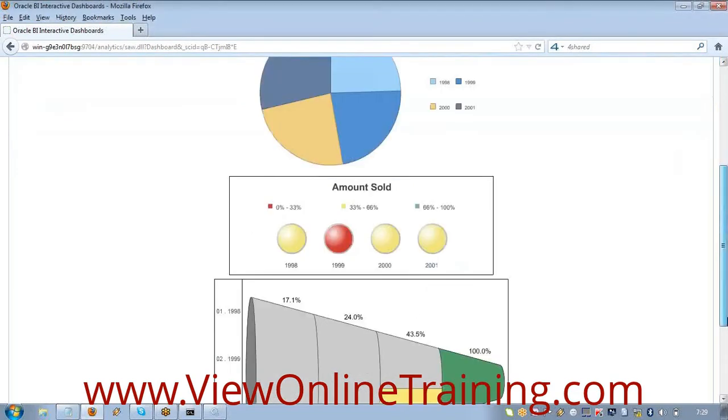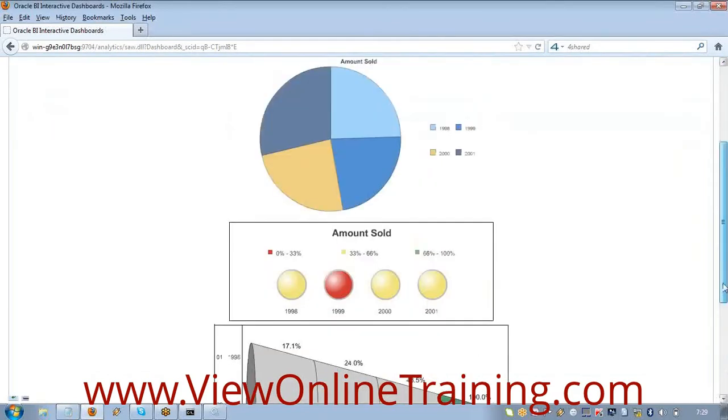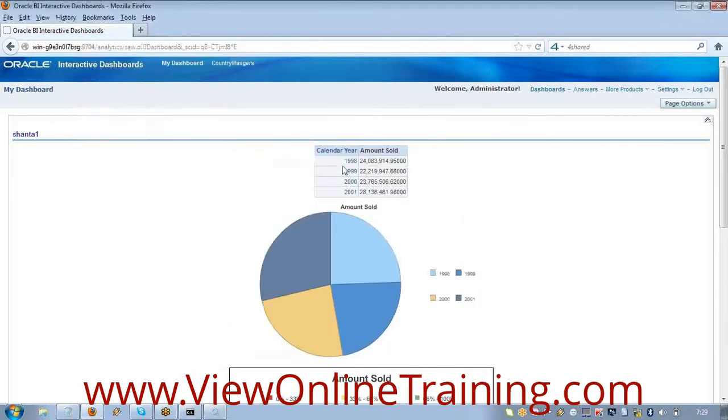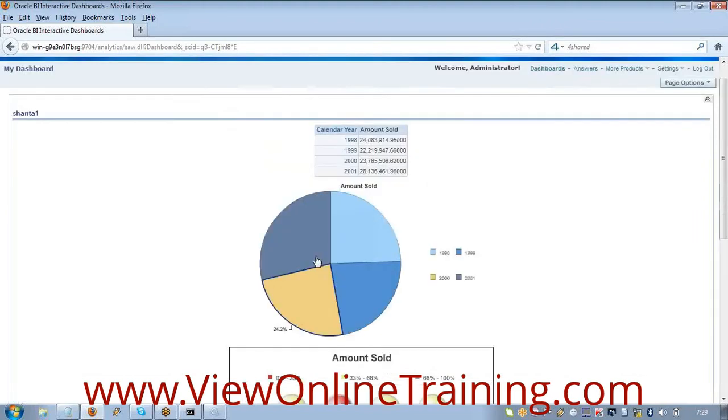These chart images are getting displayed only because the Java server is running here. This is the actual report, with the charts and images.